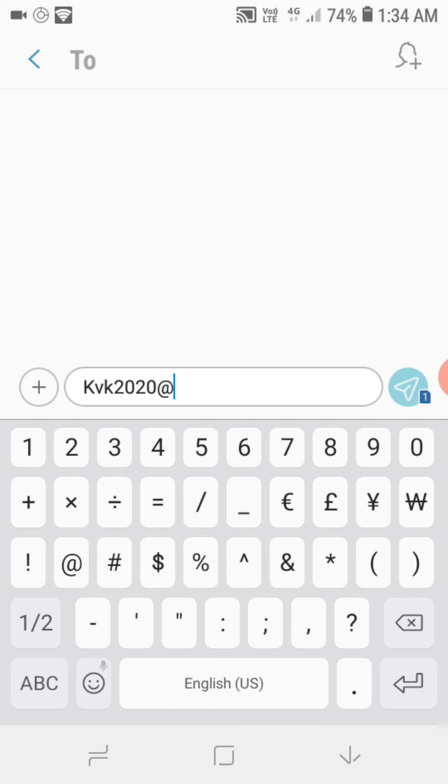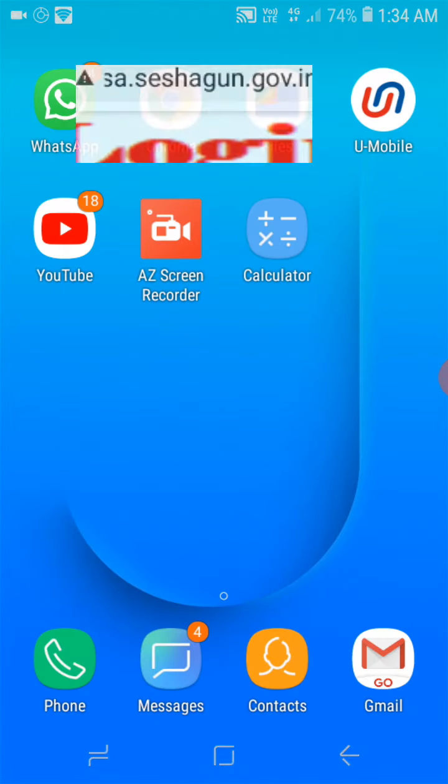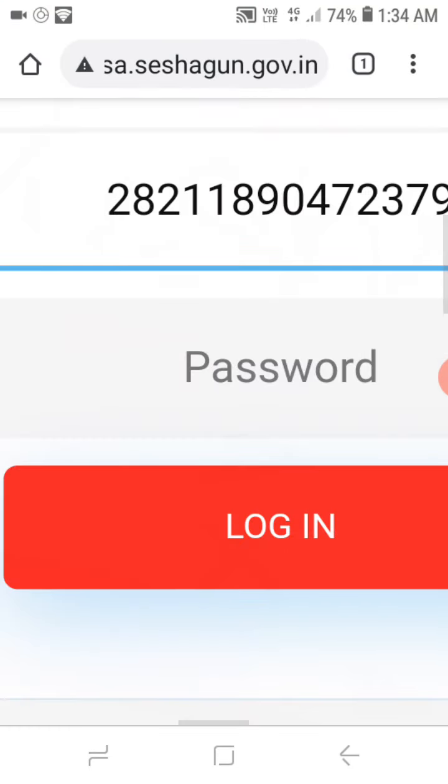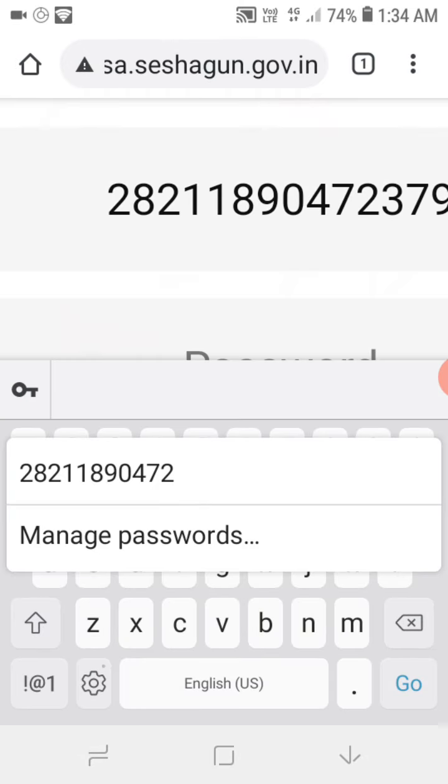This is the default password you can put, or else you can put your own password. If you put your own password, better to write it in a notebook. If you forget it, it is a problem for you. So better you put either your own, or this one: capital K, small k, 2020, at the rate. KV Kendriya Vidyalaya Kurnool, year 2020 at the rate. Only this you put.